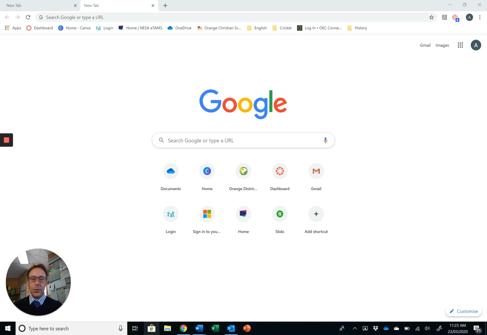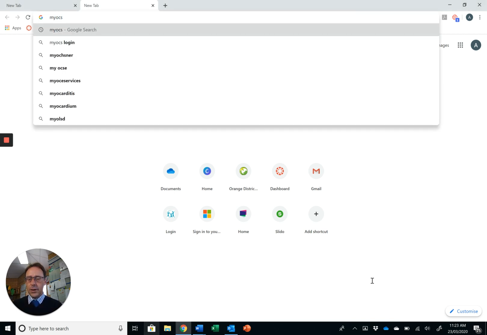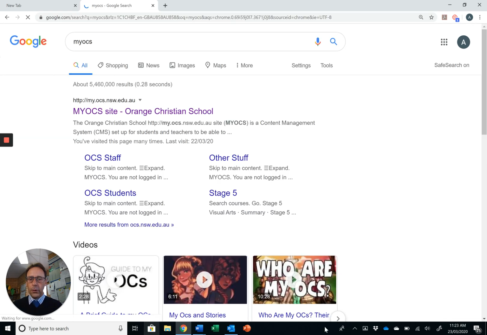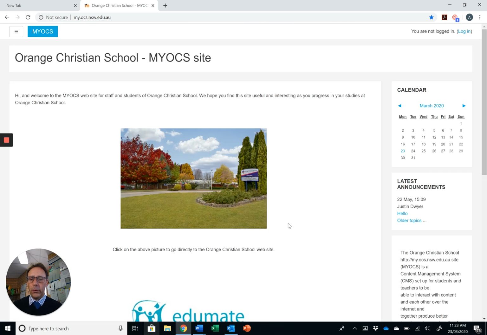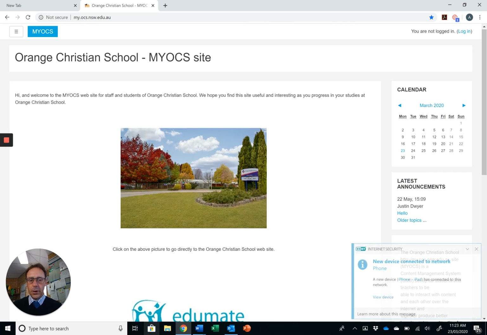So the easiest way to do it, you should be able to see on the screen a Google Chrome login. I've just gone to Chrome as a browser and to the Google search, and I'm typing in My OCS into Google. And it's going to come up with this particular site. All right, I want this My OCS site for Orange Christian School. I tap on My OCS and it comes up with this screen here,